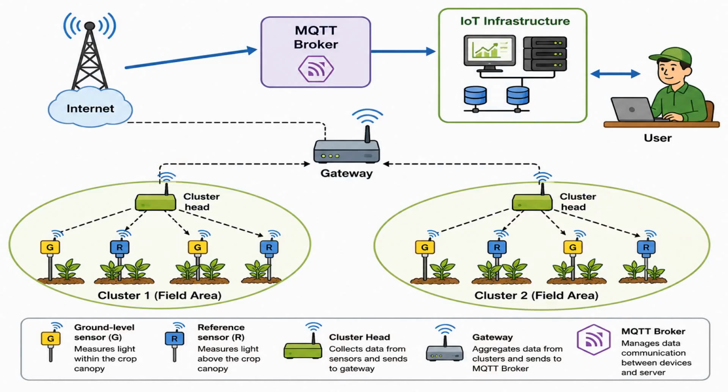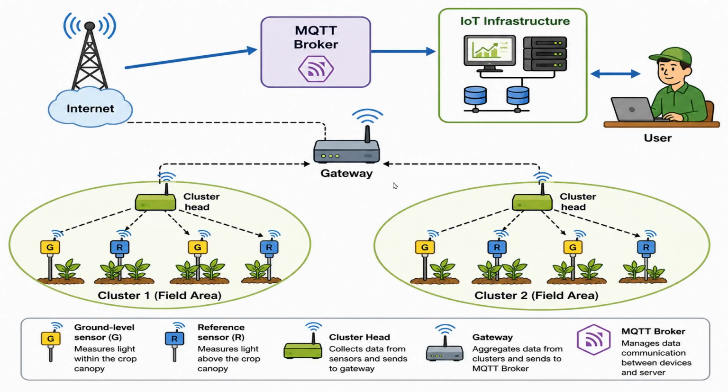Now next we'll see the architecture of the in-situ system. So here this complete image illustrates the system architecture of an IoT-based agricultural system for leaf area index assessment, and this architecture integrates the hardware and the software components to collect, transmit, process, and analyze agricultural